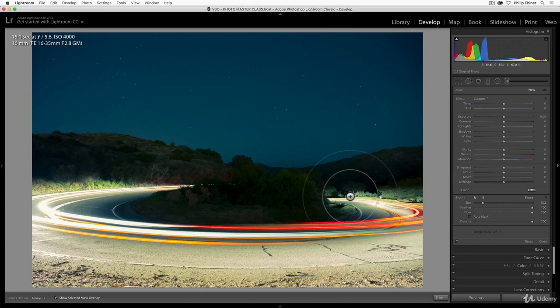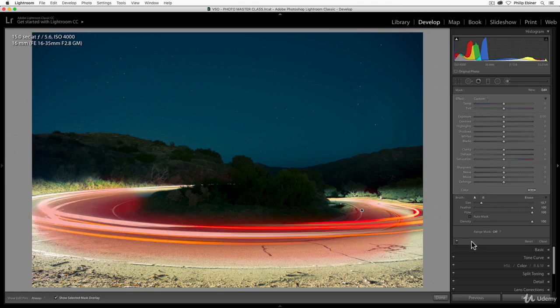And so say we want to adjust just these light streaks or the road. Let's decrease the brush size. Gonna brush over like this. And if I'm just clicking and dragging, if you stop clicking, but you want to add more, just start clicking and dragging again. Just like so. You can change the size of the brush while you are sort of painting. If you need to get somewhere that's a little bit smaller, just getting the road back there. Okay, so this isn't the best job, but it's kind of quick.